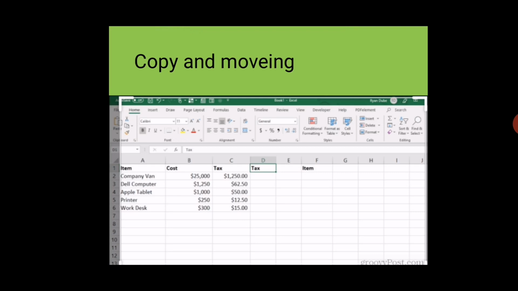So first we will talk about copy. Copy's shortcut key is Control plus C. You can see easily in this picture, in the C column, text is there. We just select the text and copy it with the help of Control C, and then we paste it in the D column. So first we select that particular data that we want to copy.